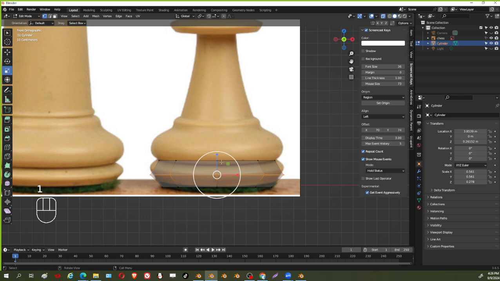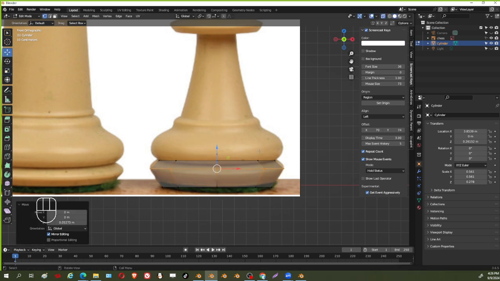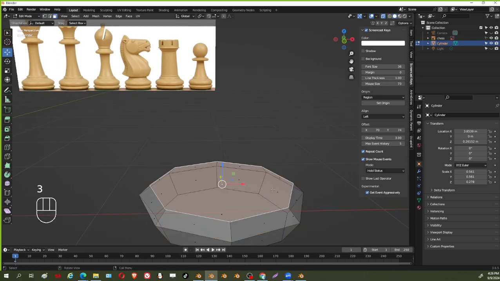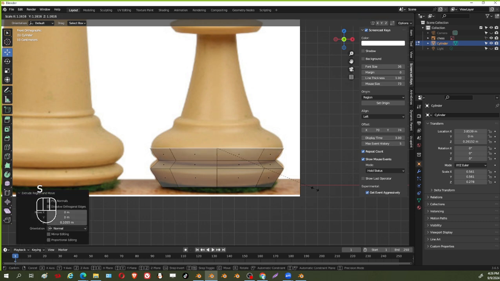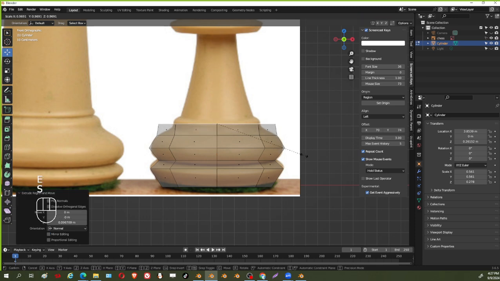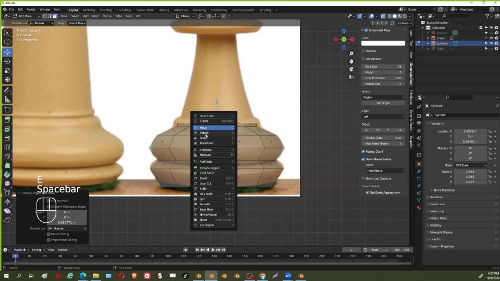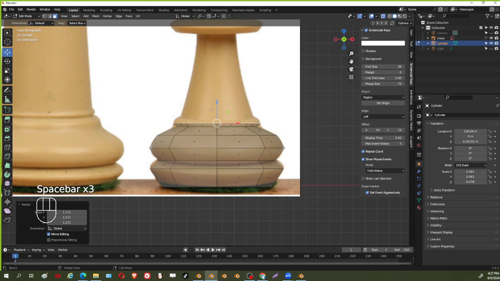Press 1 for the vertex, then move tool, move it up like this. Then go to face mode, click the top part, go to the front view, then extrude up, then S to scale. Extrude up, then S to scale. Extrude up, then S. Then bring this down. Extrude up, either you could use the scale tool, universal scale. Extrude up,